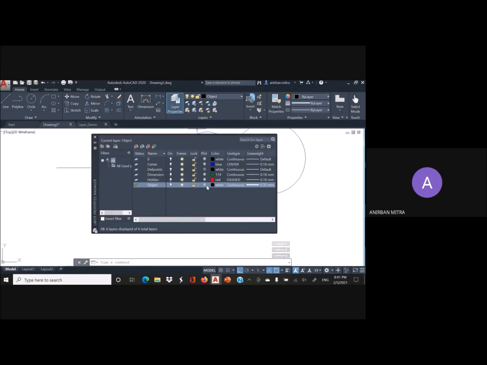Plotting of a layer can also be turned off. Let's say again, if I click here on this printer button, you can see that a red mark has appeared here, and it indicates that if you plot the drawing or print out the drawing, this will not be printed. That means the dimension layer will not be printed.